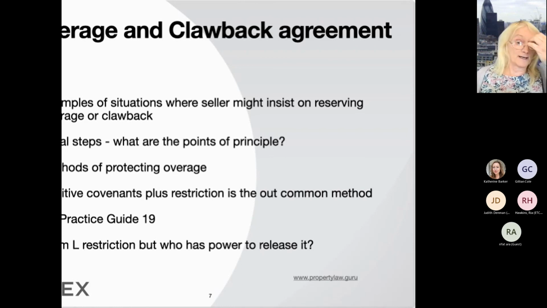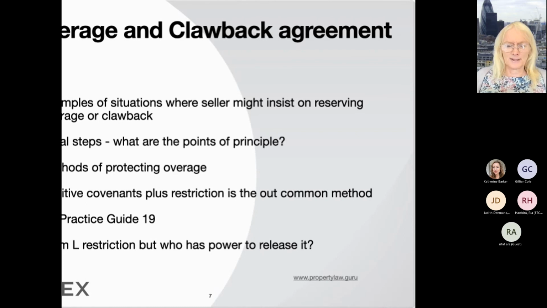So what you normally say is that once you've worked out what the trigger event is, and if there has been a trigger event, you get a valuer to value it immediately before the trigger event and immediately after it. So you're really only entitled to a cut of the increase in value that's as a result of the trigger event rather than the general increase in value. Do you see what I mean? Hopefully it's a bit like head wrenching. I bet you wish you had an espresso in the break.